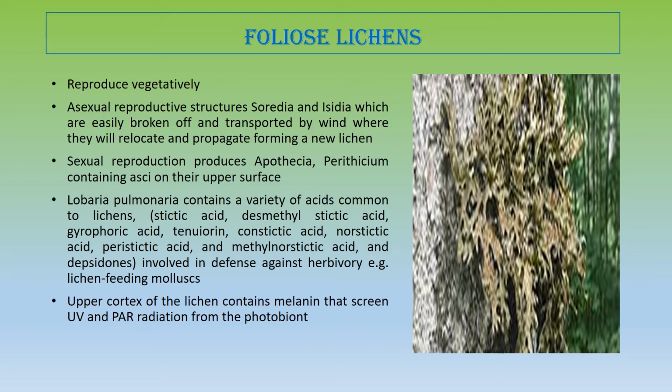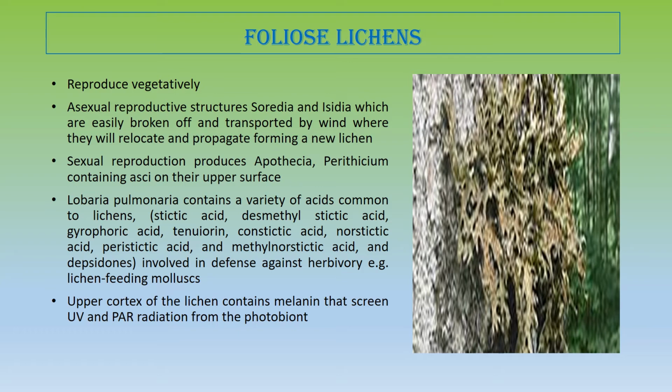Also, I forgot to mention that crustose and foliose lichen propagate vegetatively by fragmentation, and asexually by soredia and isidia. The crustose and fruticose lichen also reproduce sexually by apothecial and perithecial structures. Now, apothecia are disc shaped and perithecia are flask shaped. Otherwise, they are the structures which release ascospores.